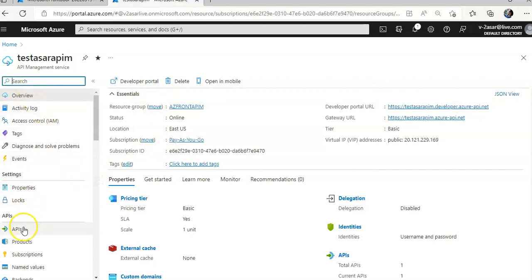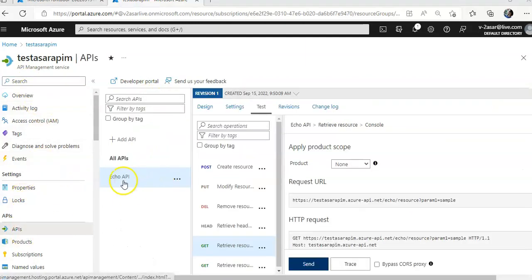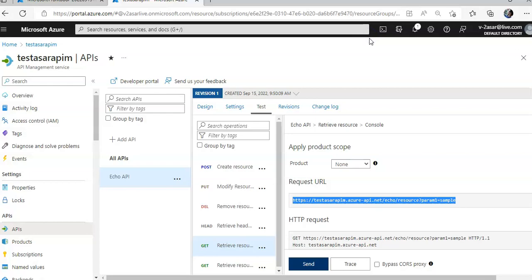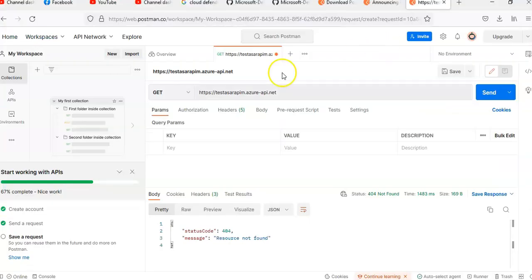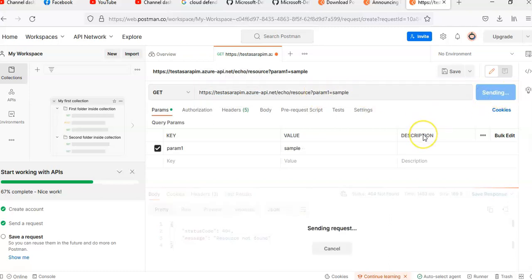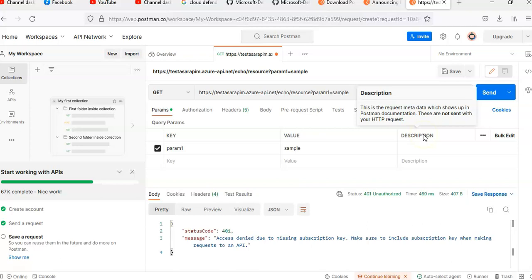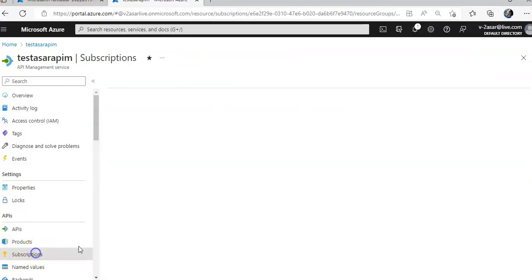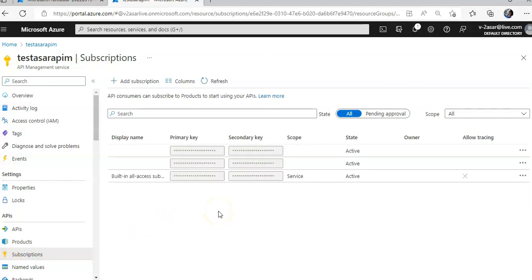So when you click on APIs, you get an echo API, then you can get, this is the request URL that you can copy and you can test it on Postman here. I hope this should work. Okay, access is denied due to missing subscription key. So because it is secure, if I go to subscriptions on the APIM,